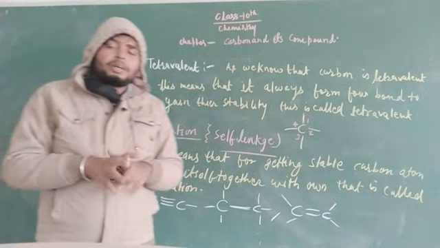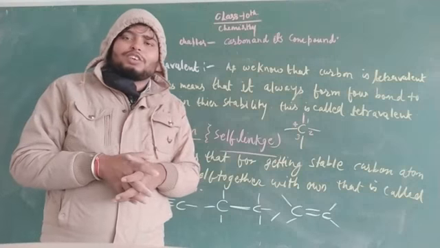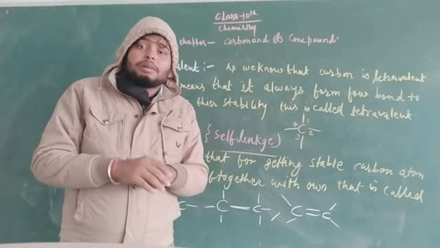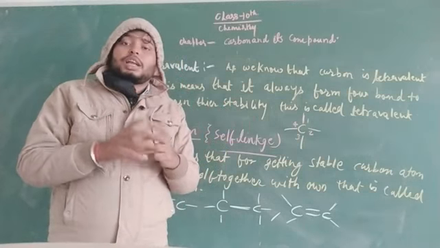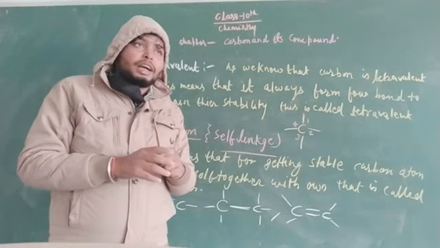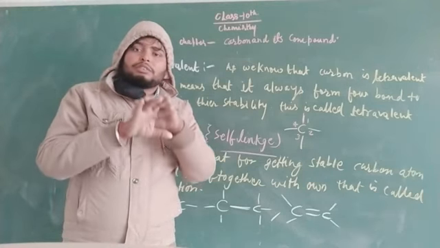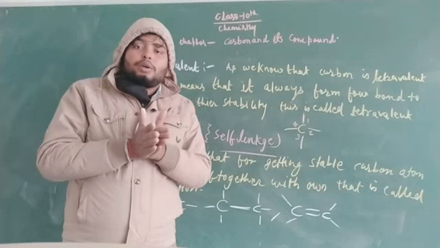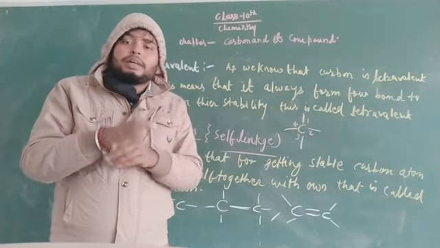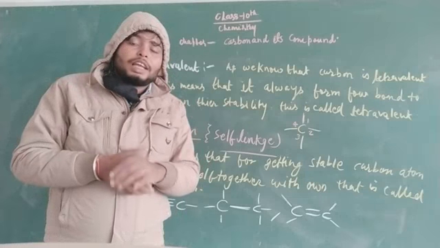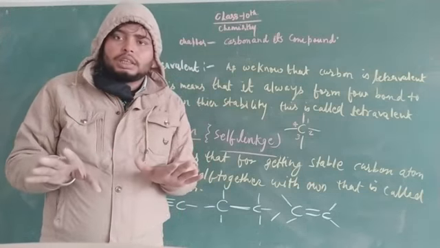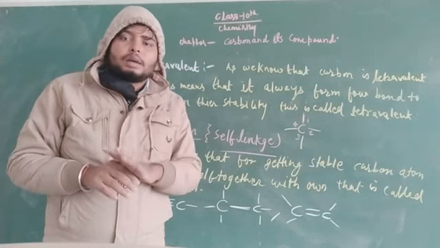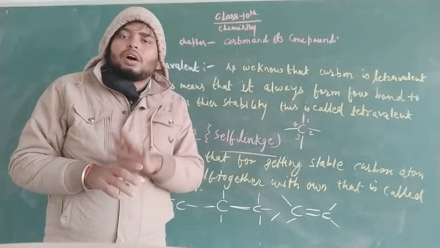The first allotrope of carbon is diamond. Diamond's properties are very well known to us. Diamond is used as an ornament. It is the hardest thing, with a crystalline form and a tetrahedral structure. That means one carbon atom is attached to four carbon atoms, so the structure is tetrahedrally bonded. Each carbon atom is sp3 hybridized. That means there are no free electrons in the diamond structure. This is the reason diamond is a bad conductor of electricity.